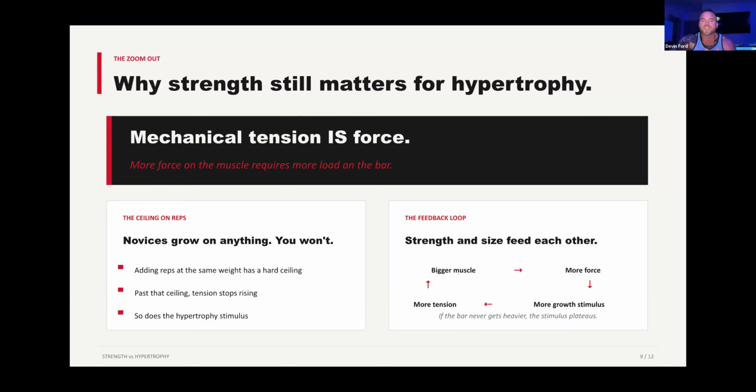The way that we can measure that is the weight that you're putting on the bar. So even though when you're doing hypertrophy, you have to go to failure, and you have to make sure that your percentages can be different.